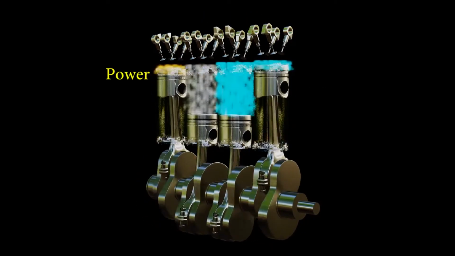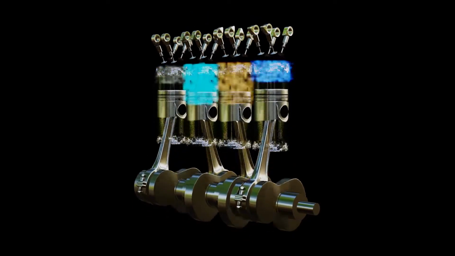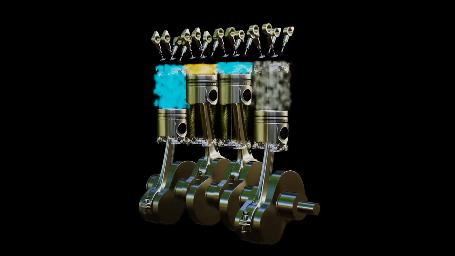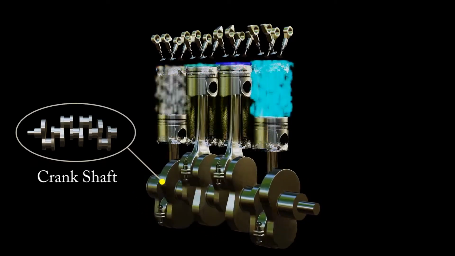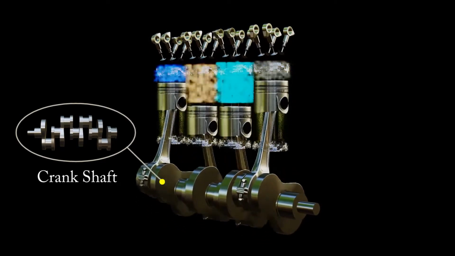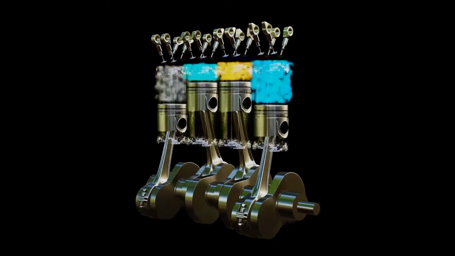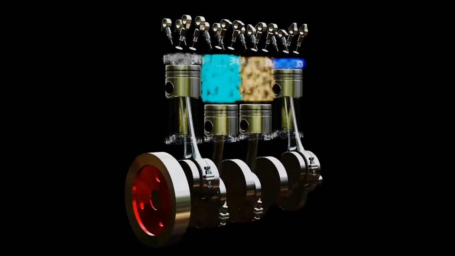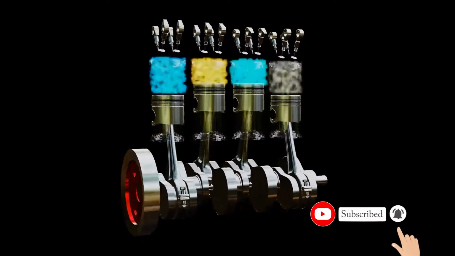However, due to the differences in the motion of all pistons, unbalanced force is generated here. To centralize the energy produced by the 4 cylinders, each cylinder is connected to each other by a rod called the crankshaft. To balance the unbalanced force generated from the 4 strokes at the same time, a flywheel is attached to one end of the crankshaft. The flywheel increases the power when the power is low and reduces it when the power